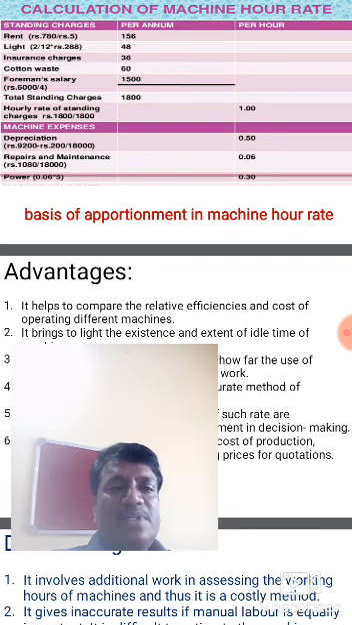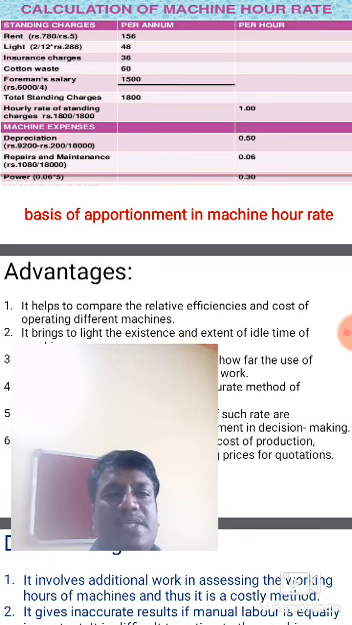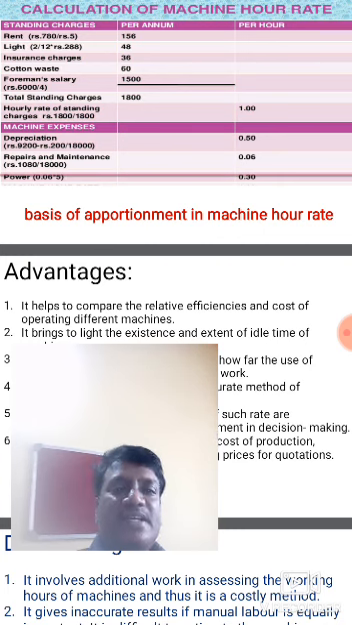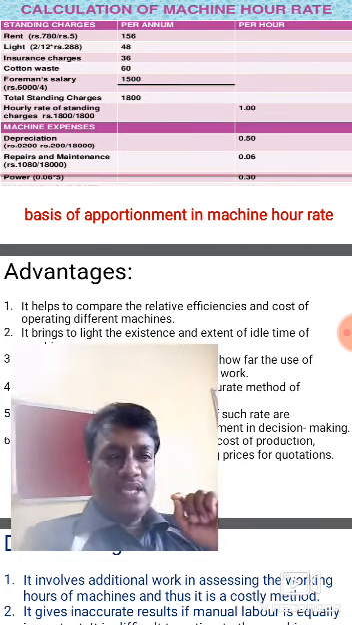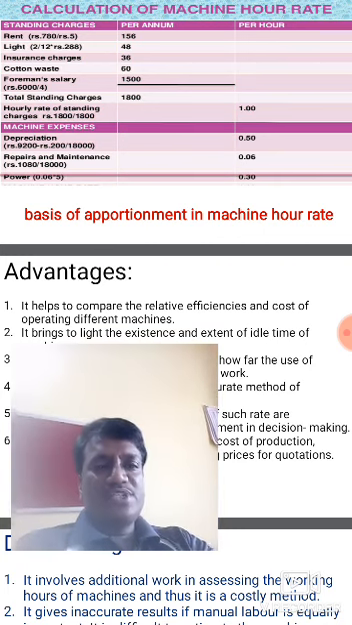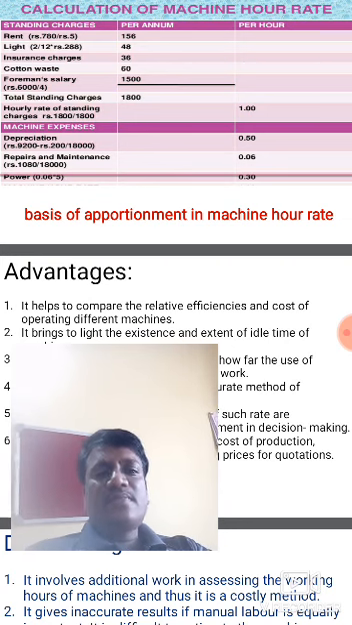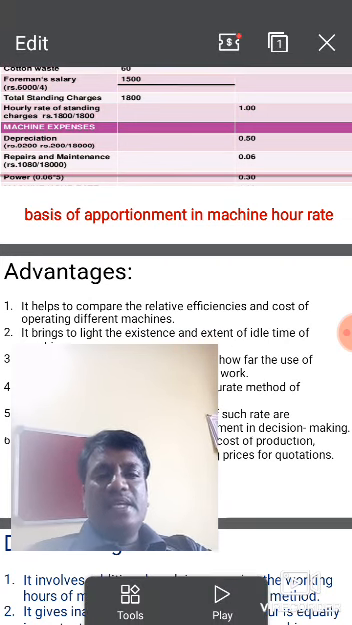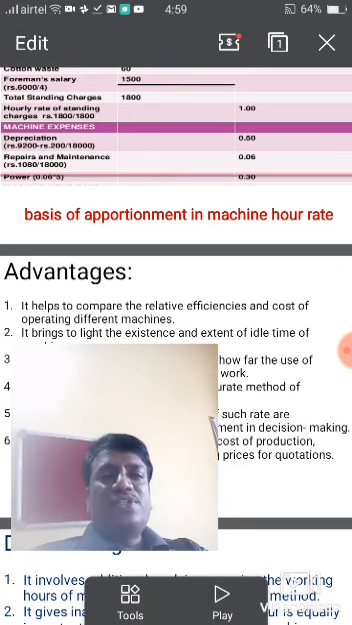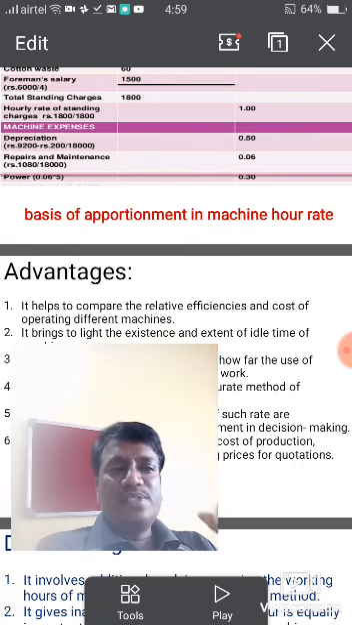The machine hour rate will be apportioned on the basis of, for example, the rent and the rates. The rent and rates, usually these expenses will be apportioned on the basis of the floor area occupied by each machine, including the surrounding space. The heating and lighting expenses will be apportioned on the basis of the number of points used plus the